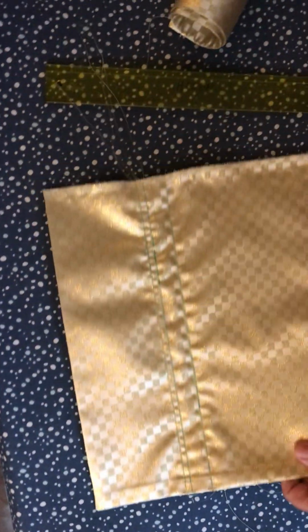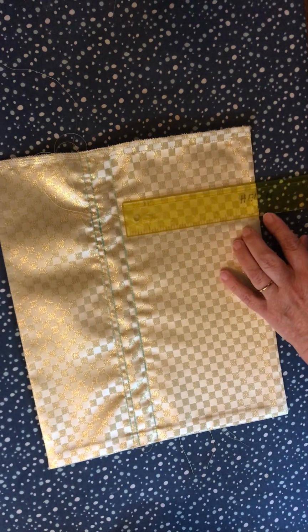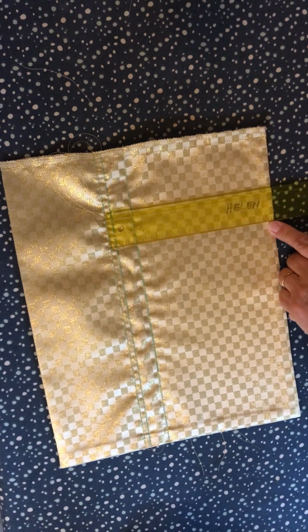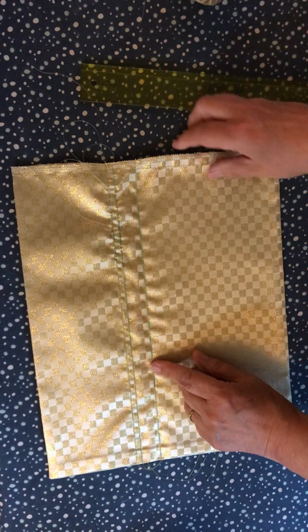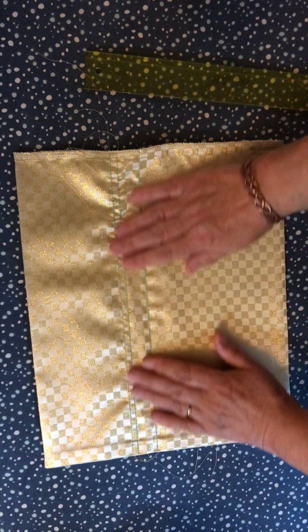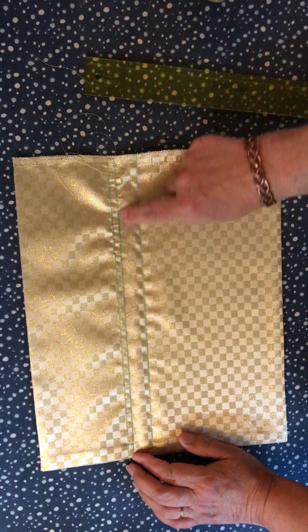Okay, once you've sewn all the way along there, you are going to then measure, and here's your original line that was 6 1/4 inches from that seam. You're then going to draw 2 more lines. One is going to be 7 inches from that bottom seam, and one is going to be 7 1/4. So you've now got, this is your seam line where your stiffener is trapped inside this pocket, and then you've got another 3/4 of an inch and another 1/4 of an inch, and you draw the lines, and then you do a